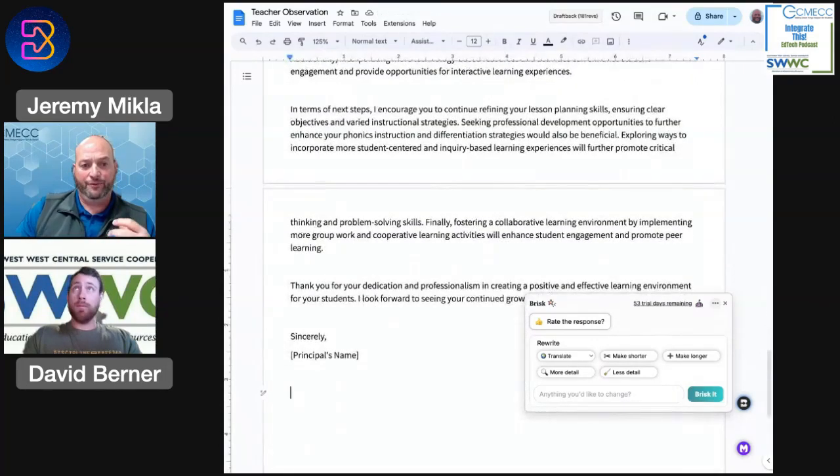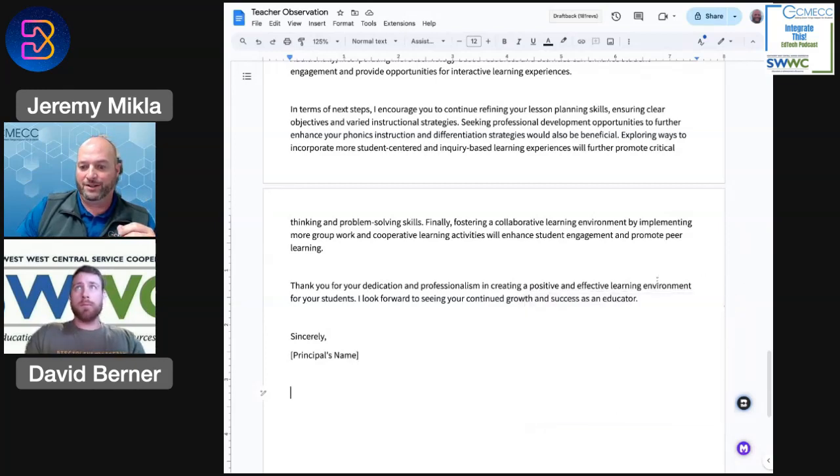And again, remember that you can always use these other tools here to either make it shorter, longer, more or less detail. And of course, because it's this Google Doc, you can add other features into it. And you can, like we talked about before, take part of it and use it to branch out with some more specific examples. And it's just kind of, again, another great time-saving tool if you are an administrator